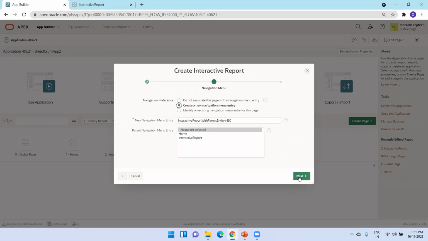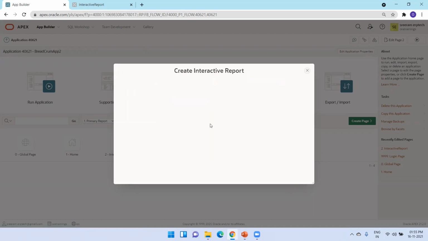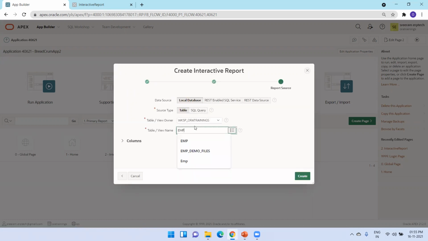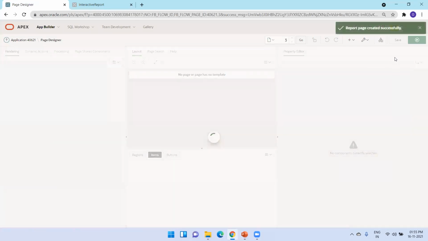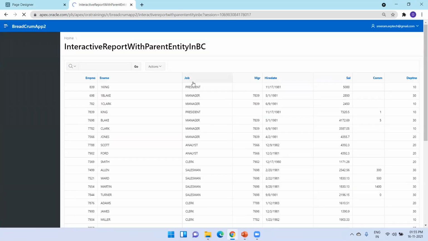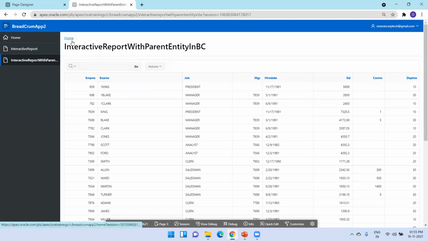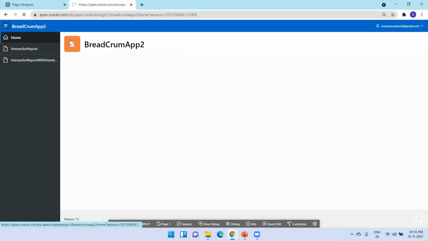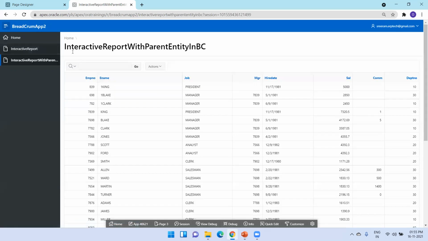Create navigation and next. Okay, click on create. That's it. Now just see the difference here. Now the parent entity shows here. Okay, now I can go back there, and I can go to the parent entity here. So this is how we can create a breadcrumb via the wizard, right?